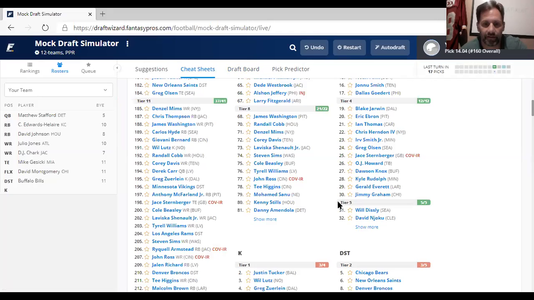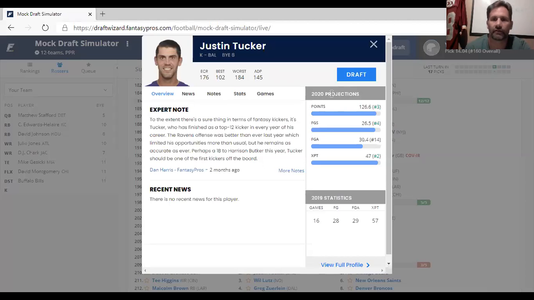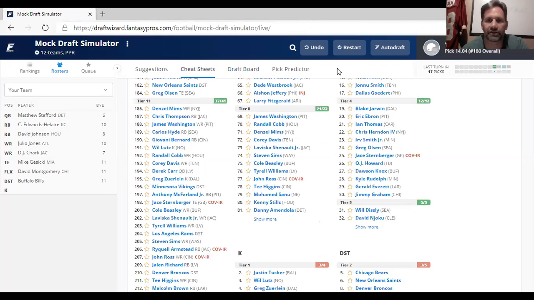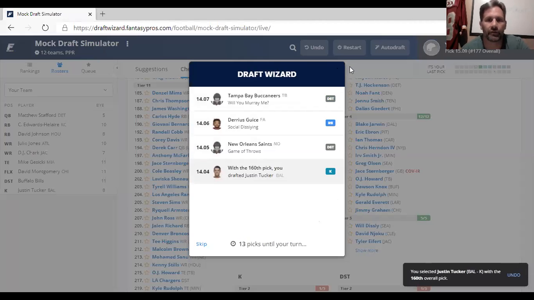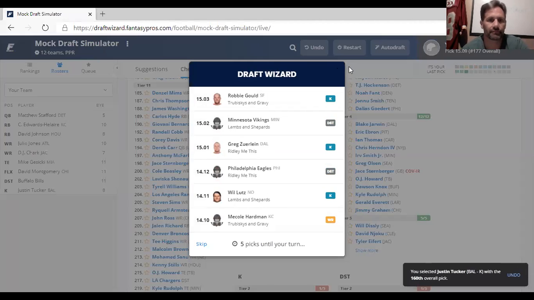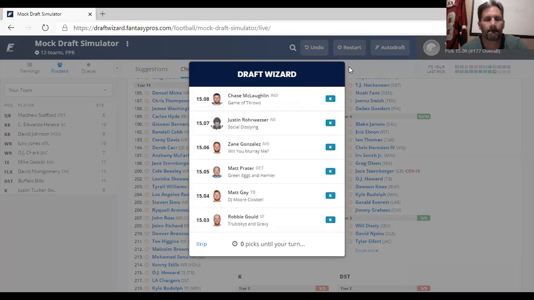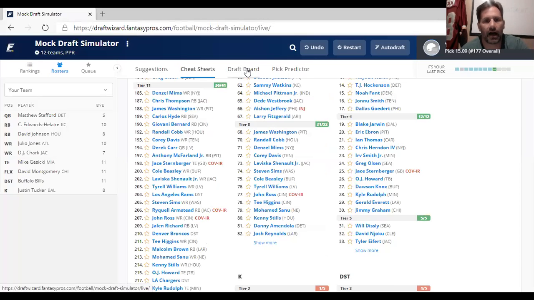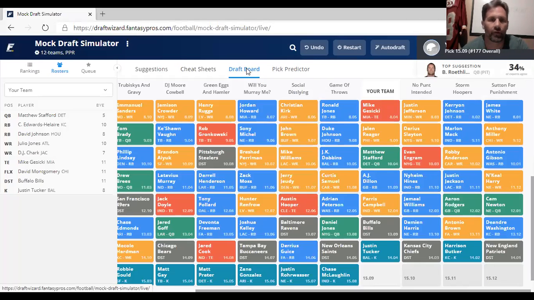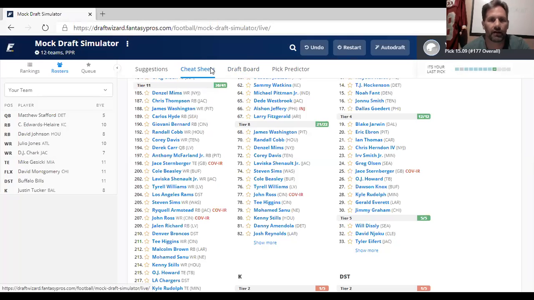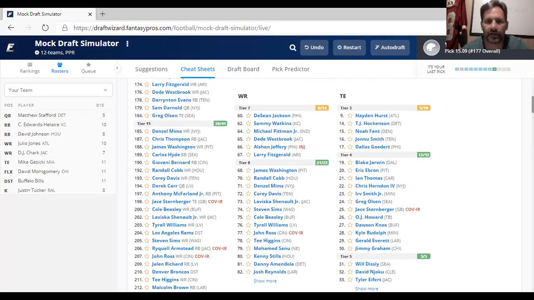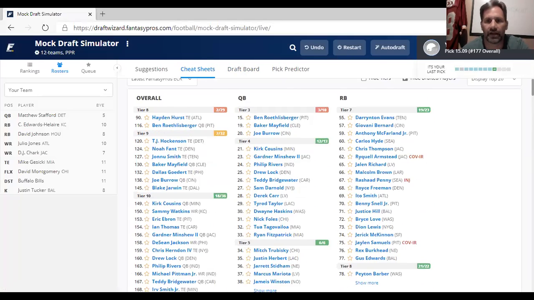Let's look at kicker. And I'll go ahead and I'll take Justin Tucker. You guys know I love some Zane Gonzalez, but I'll take Justin Tucker just because you know Baltimore's going to be scoring. So we'll see that. Now, your last pick of the draft, I like to make it as a throwaway pick. A guy who you can pick and, you know, if he doesn't work out, he doesn't work out. But you went ahead and you rolled the dice with him.